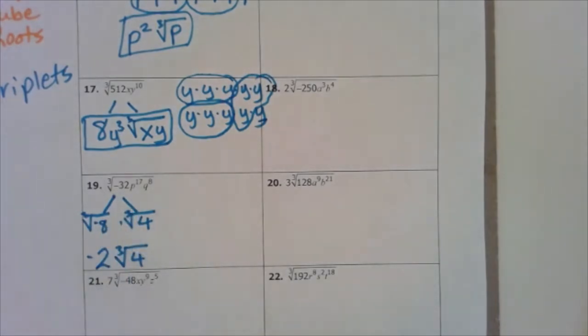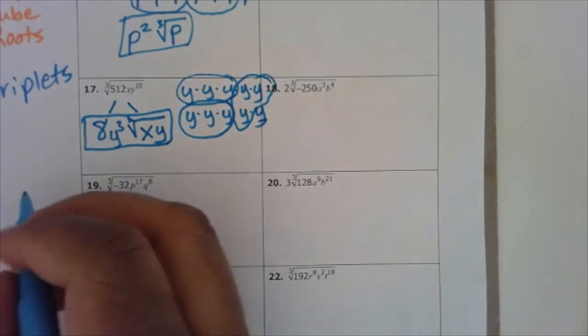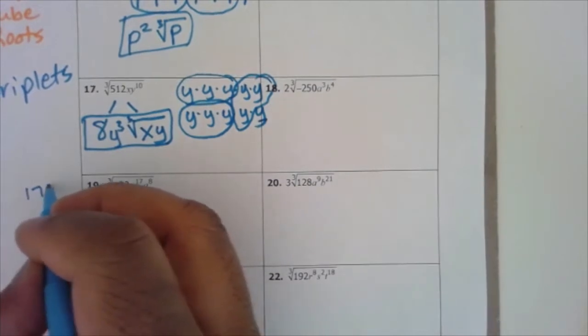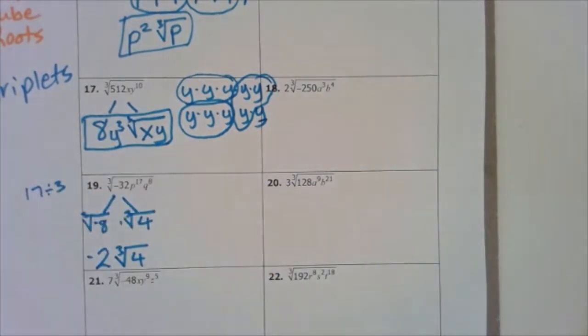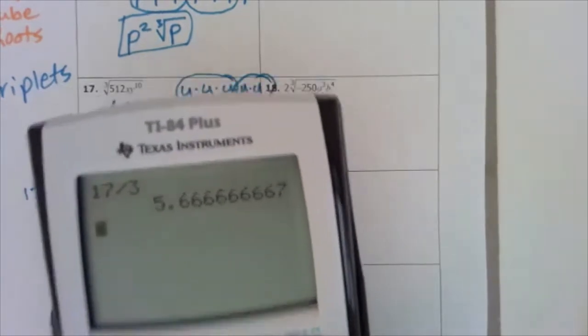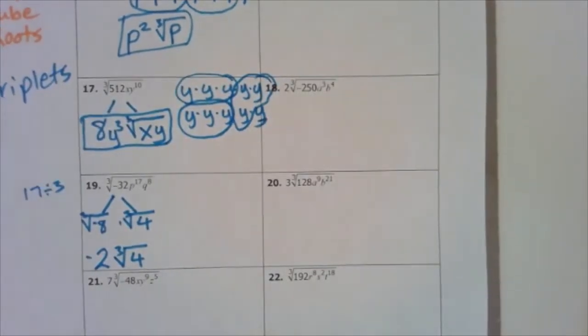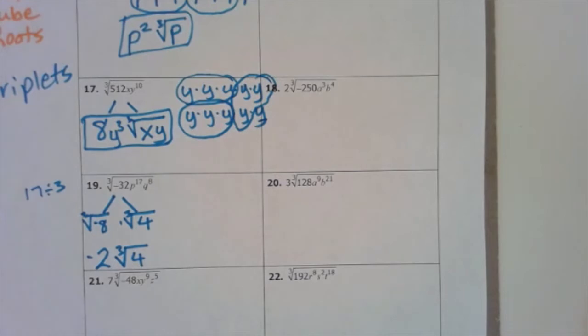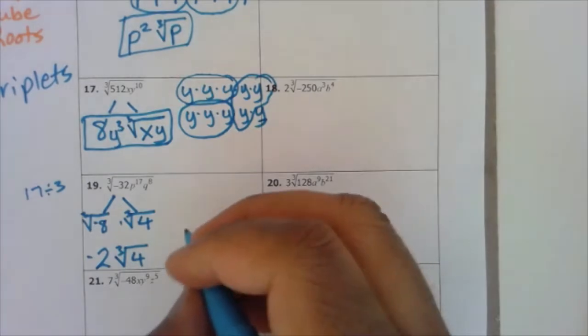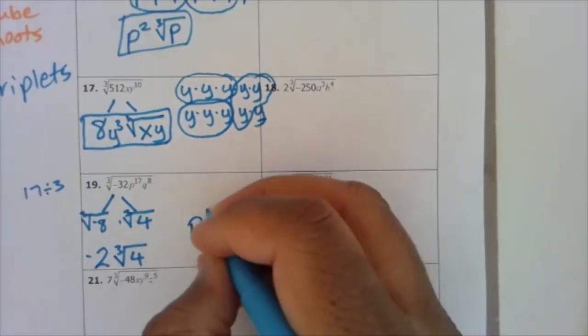Well, I have p to the 17th power. Now, really, I don't want to write that 17 different times. That would just be a pain. So one little shortcut that you could do, since the focus today is on triplets, is just do 17 divided by 3. In my calculator, I'm going to get 5.66, all right? So I know I'm going to have at least 5 sets of triplets as far as my p's are concerned. So I would have p to the 5th power,